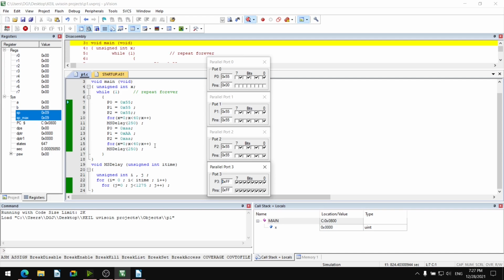For the complete 250 times, the loop for j runs for each i value. So 250 into 1275 times the execution is going on.